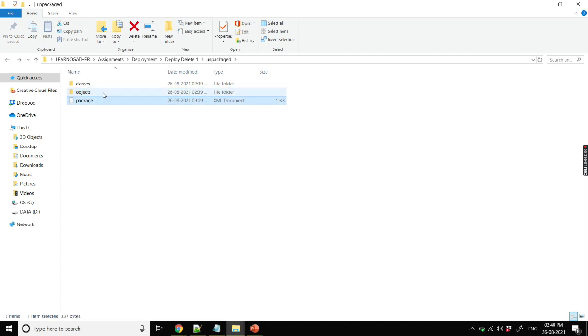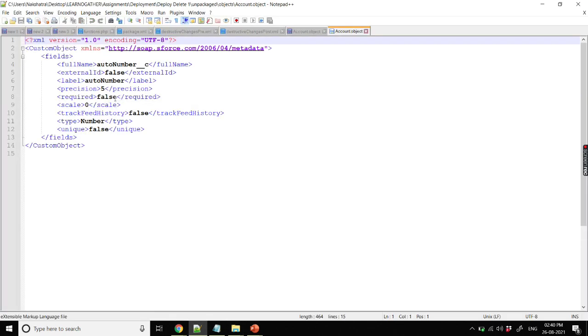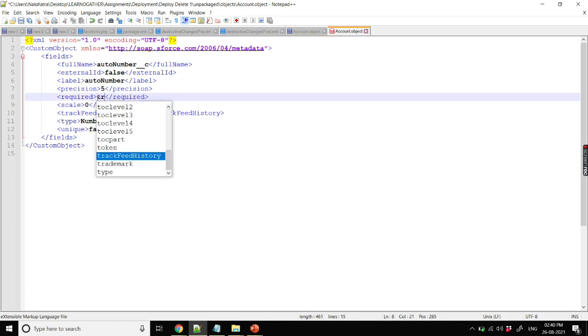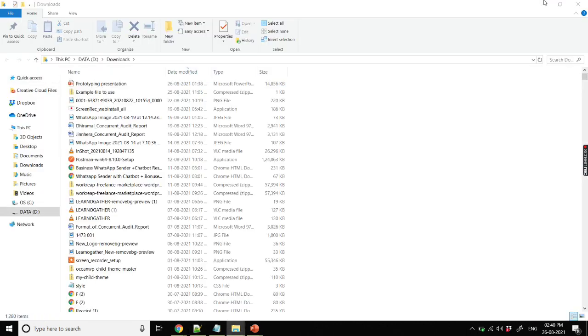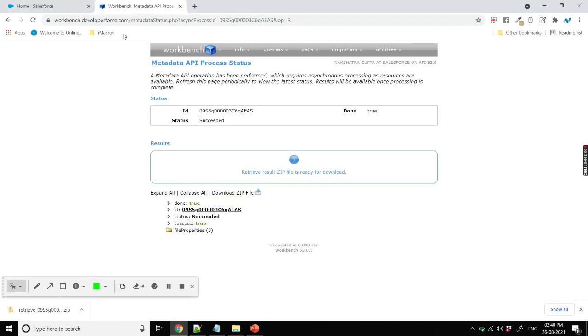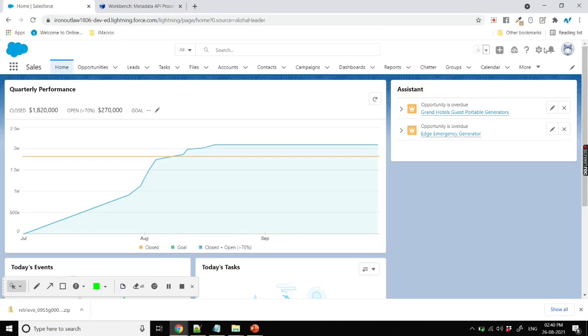Now I will make changes in this particular custom field. We have this account object, and suppose for example the required field is false, we will make it true. I have saved it, and I'll show you in the org itself whether this is required or not.